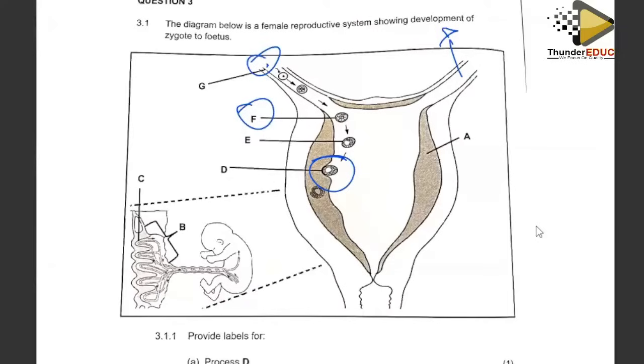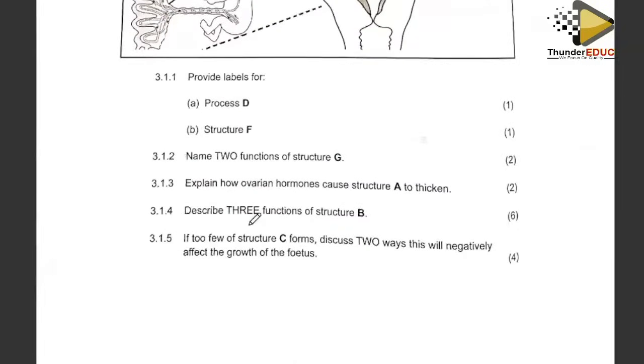Number three, you can talk about facilitating the movement of the sperms and ovum so that they're able to meet and fertilization takes place. So yeah, you can talk about any functions there. They're saying, explaining how ovarian hormones cause structure A to become thickened,